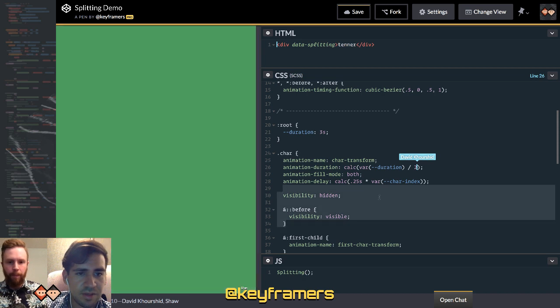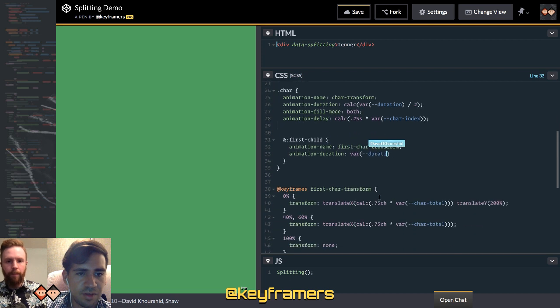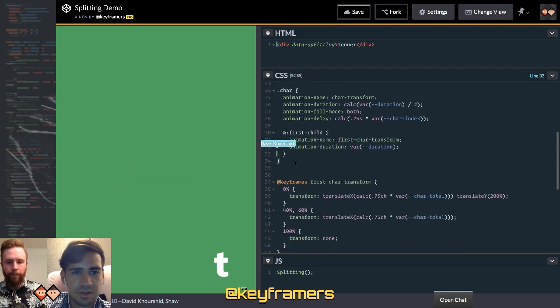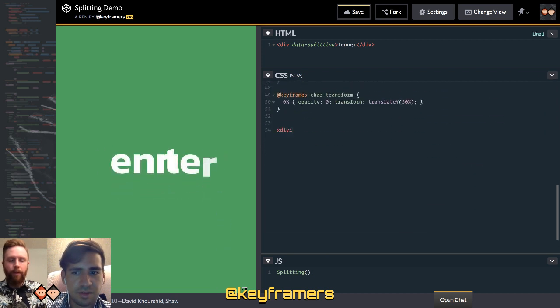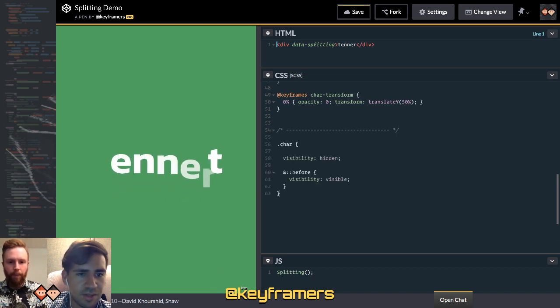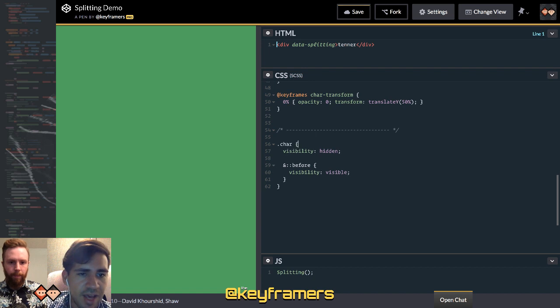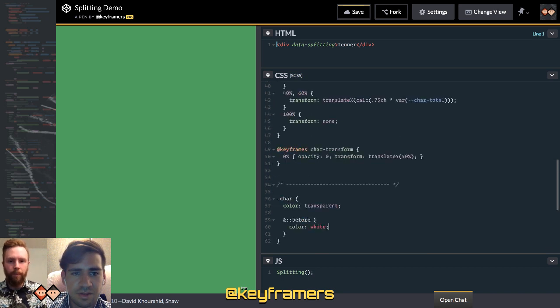And then this first character's animation duration. And of course the delay, we're going to be adding that half duration. So first duration 2 plus that, so let's see if that works.